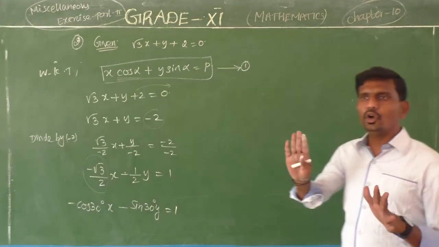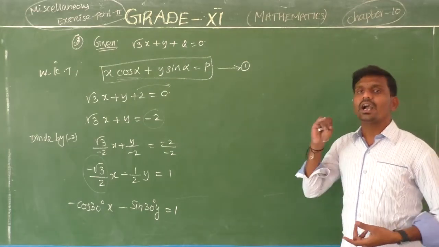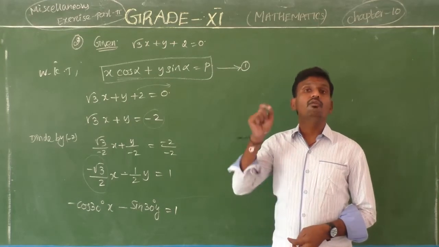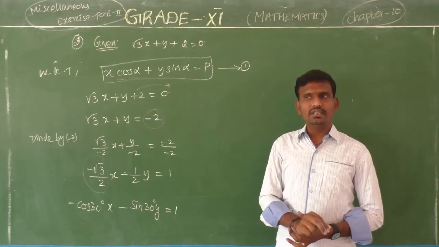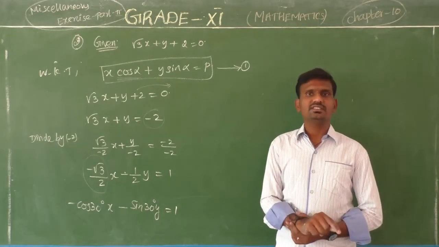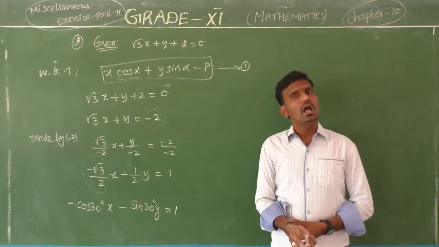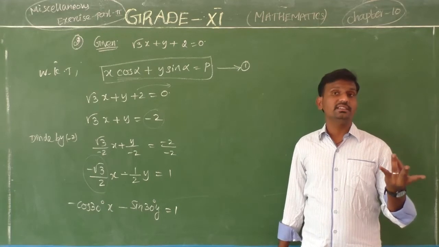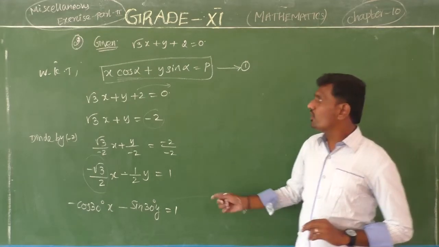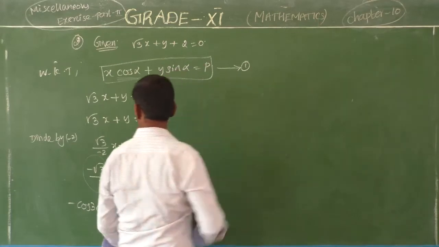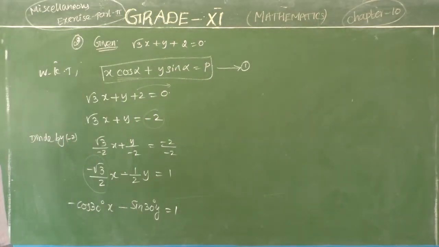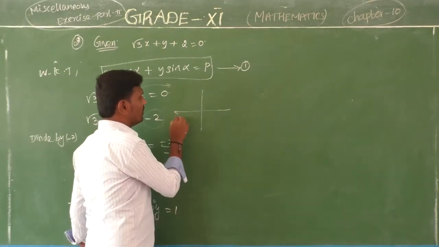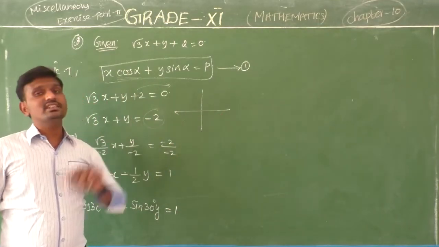Students, you already know that for the trigonometric ratios, cos theta as well as sin theta are both negative in the third quadrant. In the third quadrant only tan and cot are positive. The remaining trigonometric ratios, sin and cosecant, then cos and secant, are negative. So here theta will come in the third quadrant, with 30 degrees and minus 30 degrees.